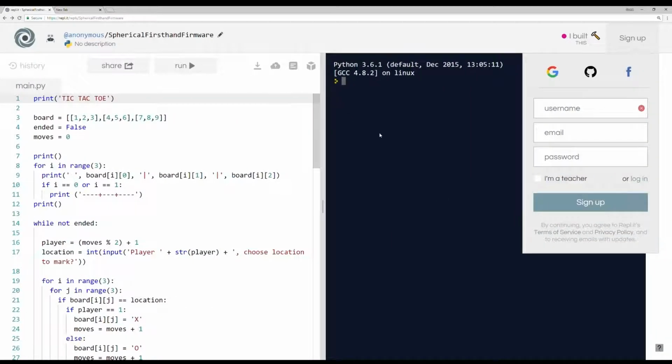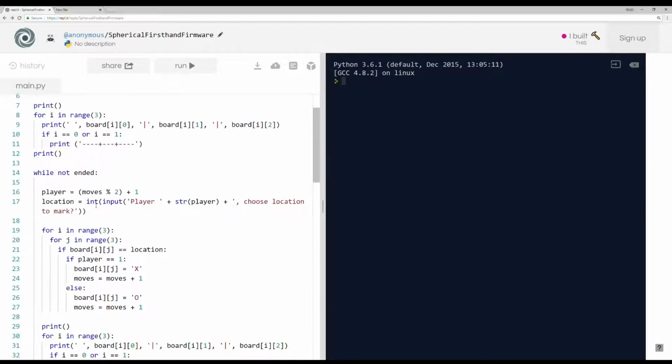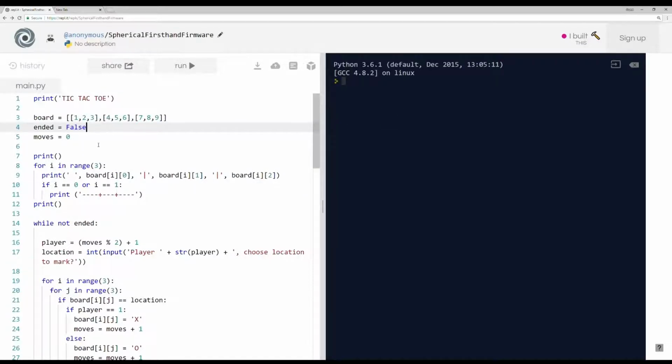Okay, so as you can see here, what happens first is I set each row in the board to be a list by itself. I gave them numbers 1, 2, 3, 4, 5, 6, 7, 8, 9, and the three lists are part of a bigger list, which makes up the whole board. Then I have another variable called ended, which is set to false. This variable is used to keep the while loop running. When I check if someone has won the game or not, I set this to true,